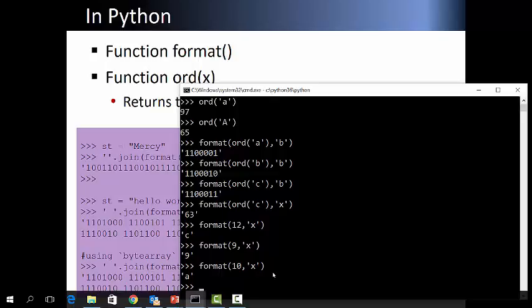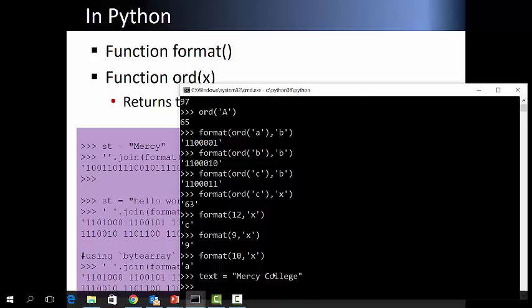Okay. So if you want to convert, for example, Mercy College, then you can say text equal Mercy College, right? So text is Mercy College. How can you convert Mercy College into binary?